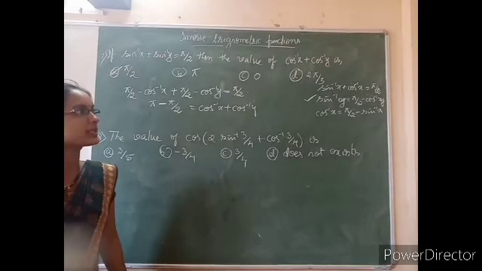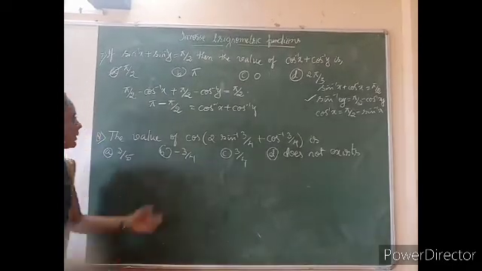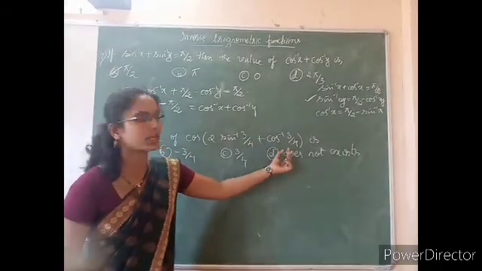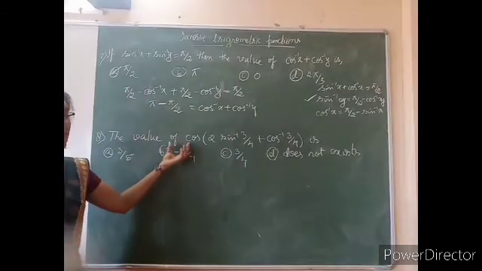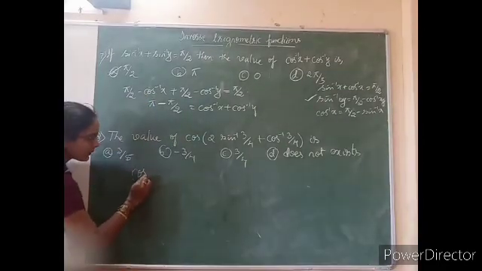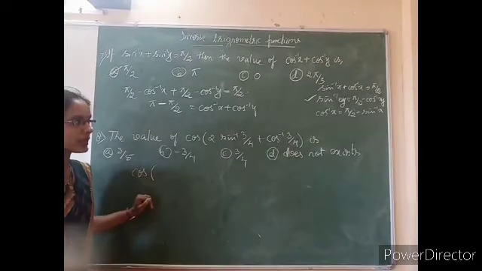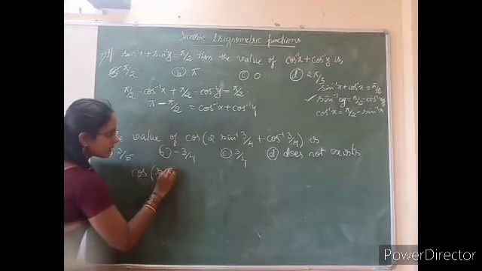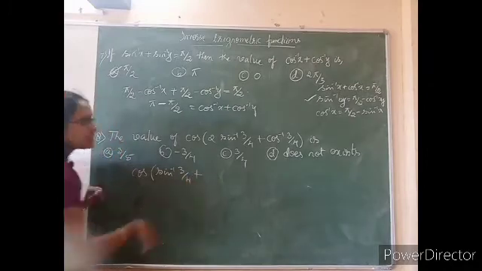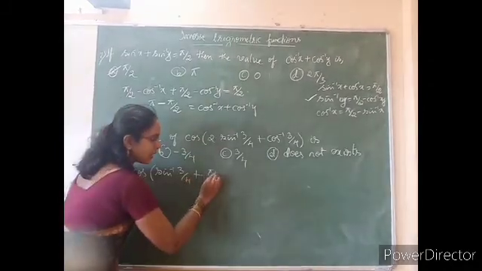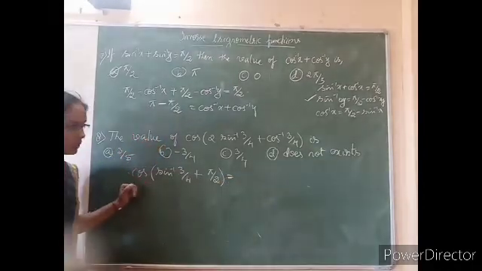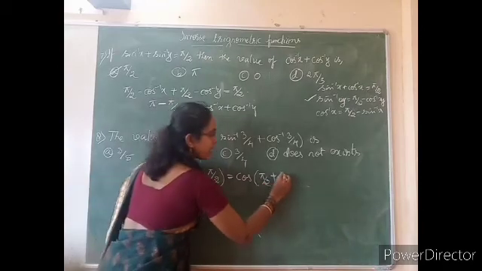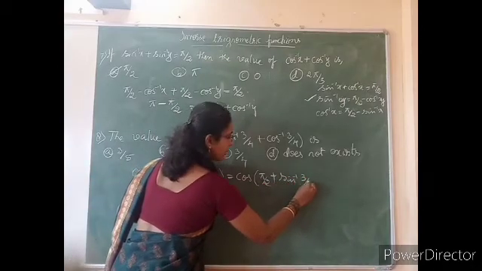So sine inverse of x plus cos inverse of x is equal to pi by 2. Cos of 2 sine inverse of 3 by 4 plus cos inverse of 3 by 4, we have to find the value of this expression. I'll write 2 times sine inverse of 3 by 4 as sine inverse of 3 by 4 plus sine inverse of 3 by 4. So sine inverse of 3 divided by 4 plus, using that expression, the remaining term I can write as pi by 2. Or if you rearrange the terms, cos of pi by 2 plus sine inverse of 3 divided by 4.